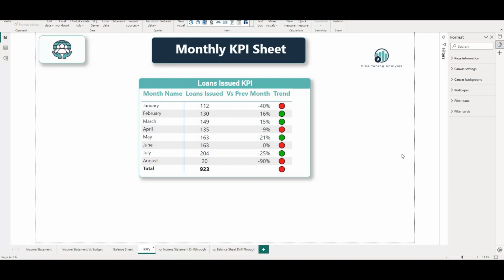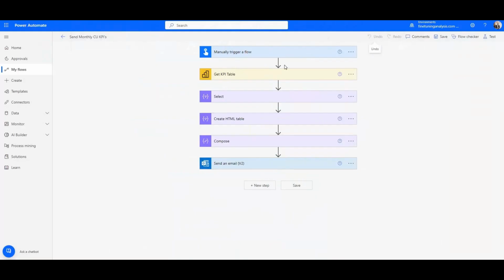So what we're going to do is jump over to Power Automate and look at the flow. So this is the flow. There's 5 steps. There's probably another video in going through how to set up this flow. It doesn't take that long, but there are a couple of steps that you need to do to format the table so it looks like an actual table, and I'll show what I mean by that in a second. But what I'm going to do is just run this flow